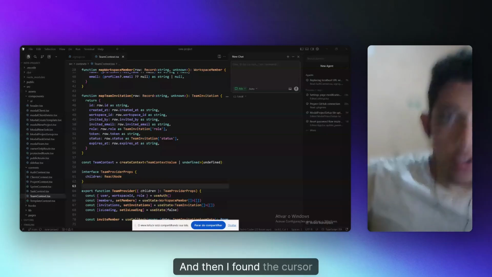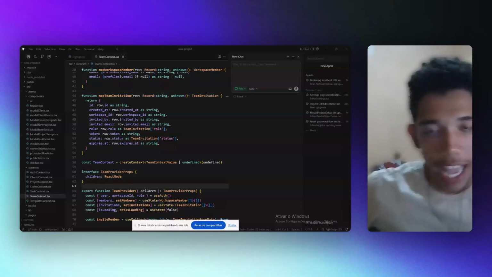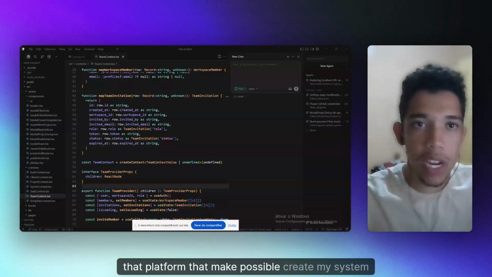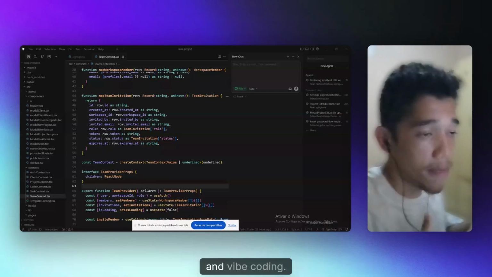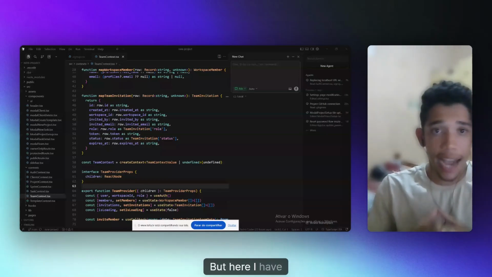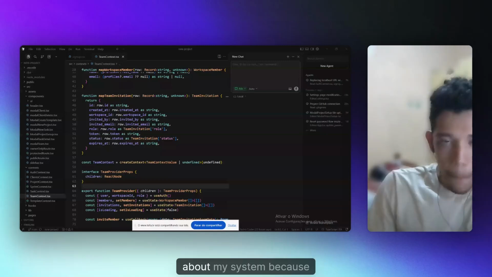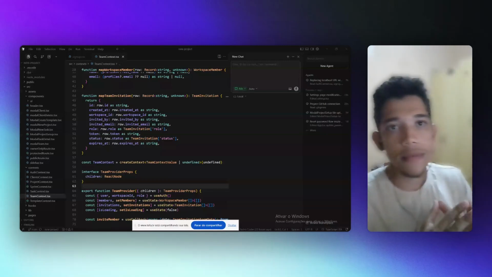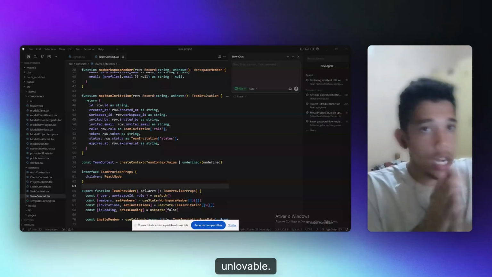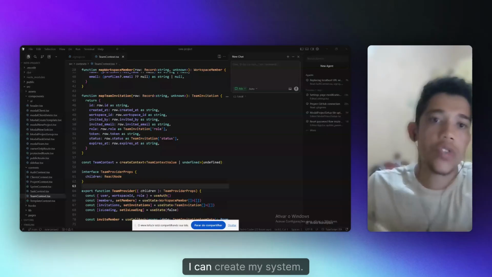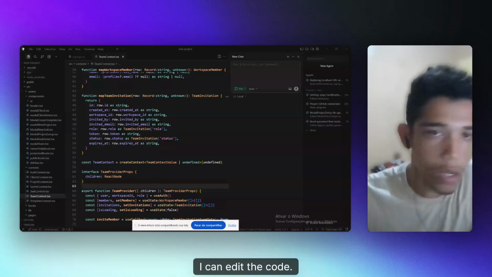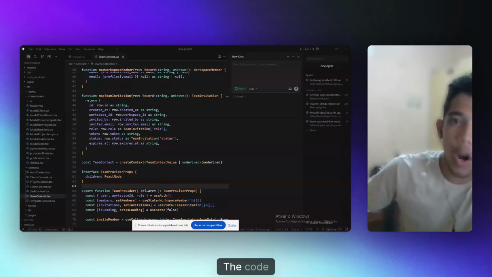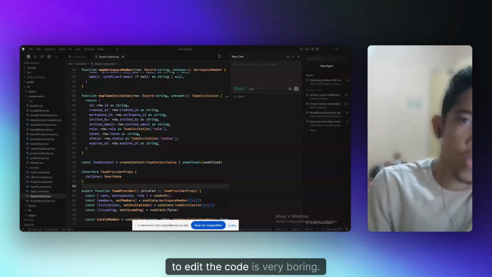And then I found Cursor, a platform that makes it possible to create my system with vibe coding. But here I have full control of my system, because as I showed you in Lovable, I can create my system and edit the code, but editing the code is very boring.